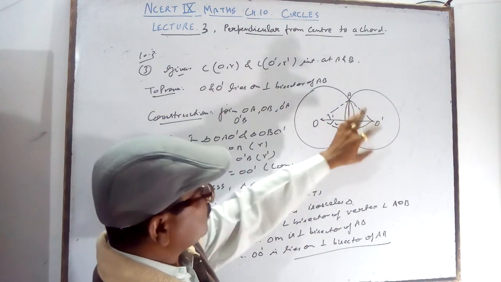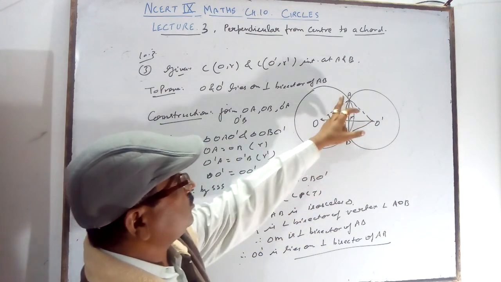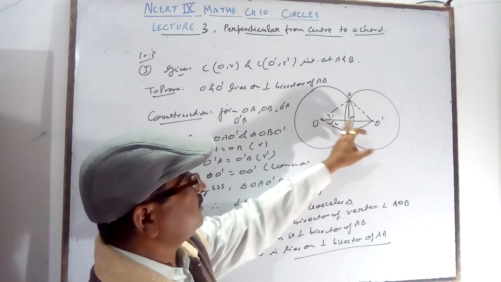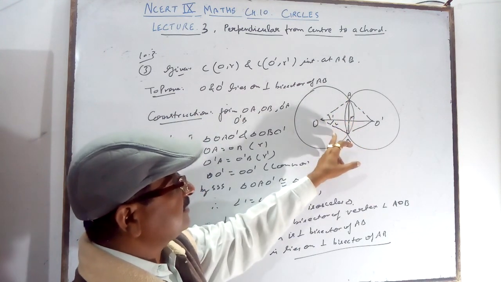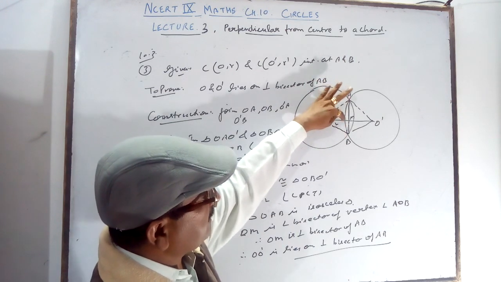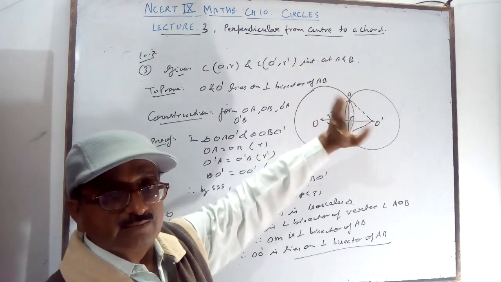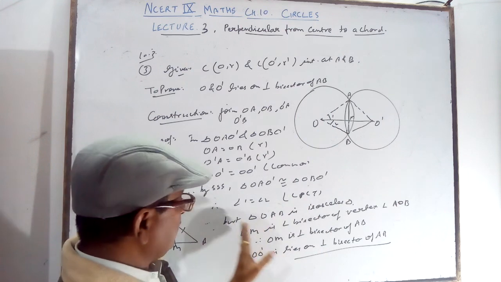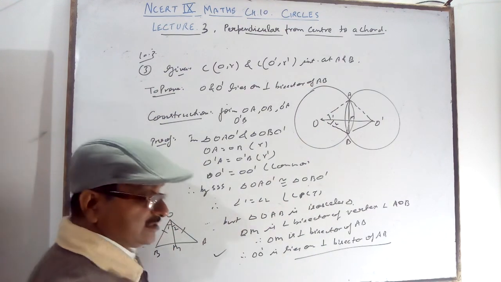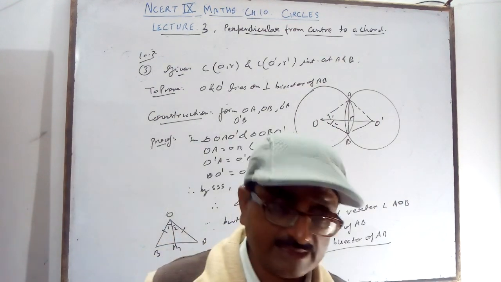Or, if you don't know this theorem, you can prove triangle AOM congruent to BOM by SAS, and then AM is equal to BM, and by linear pair you can prove 90 degrees. Both options are there, or directly you can write. Hence proved, and you have finished this exercise. Thanks for today.